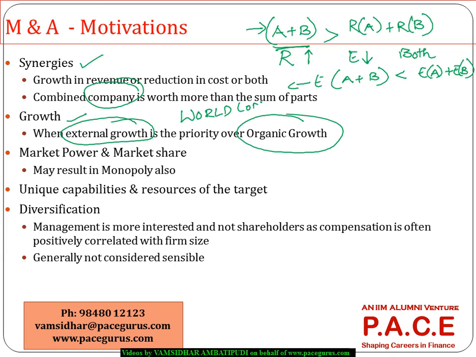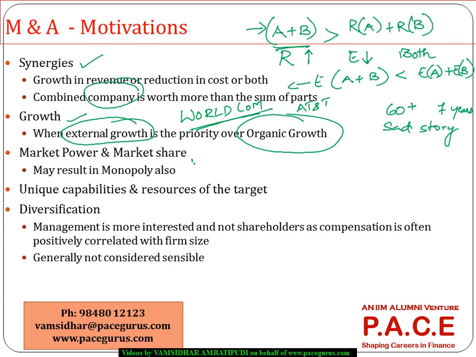WorldCom as a company became a very good competitor to AT&T primarily through mergers and acquisitions, where almost 60 odd acquisitions were done within a span of 7 years. But of course, that was also a sad story. This kind of overly emphasized acquisitions and no proper consolidation resulted in a pathetic downfall for that company. Though M&A can really help in dramatic growth within no time, if not done properly, it can have its own side effects.